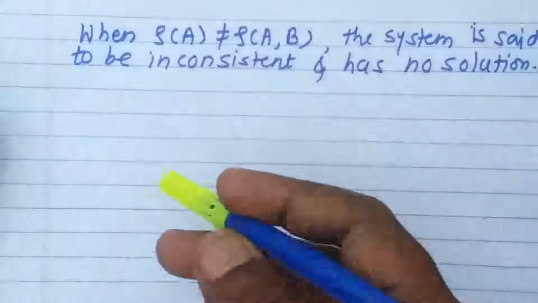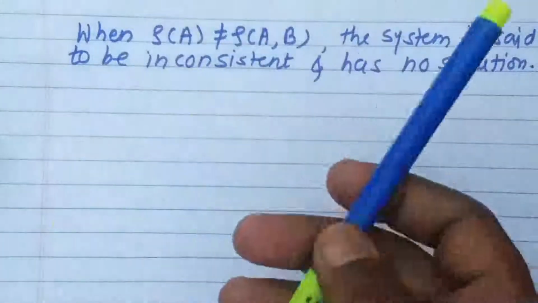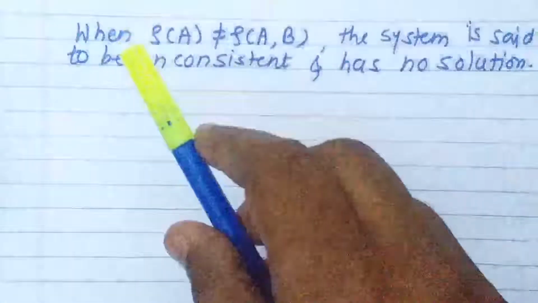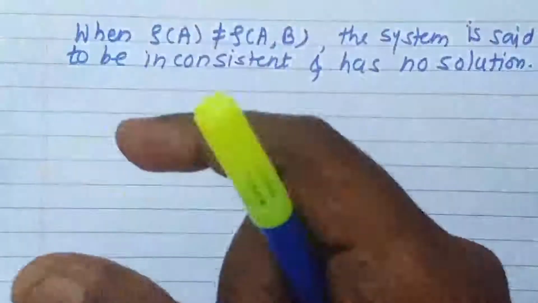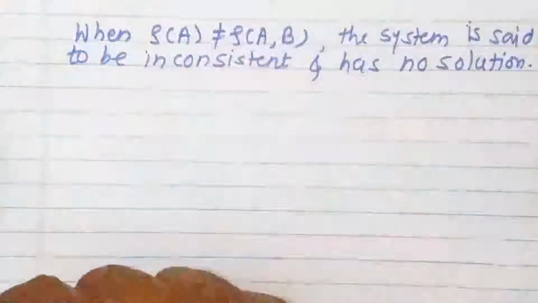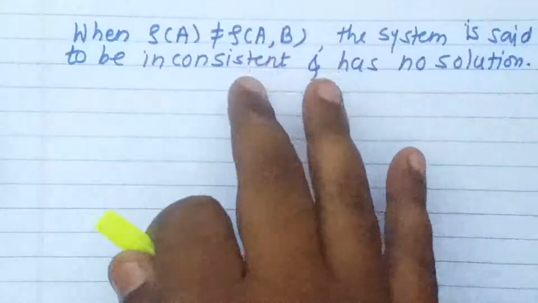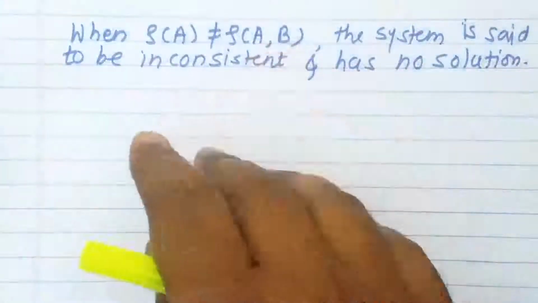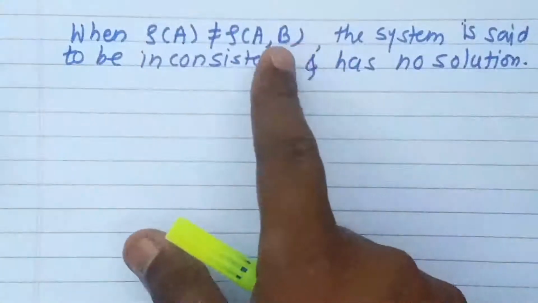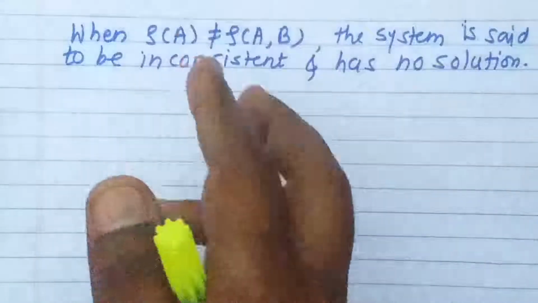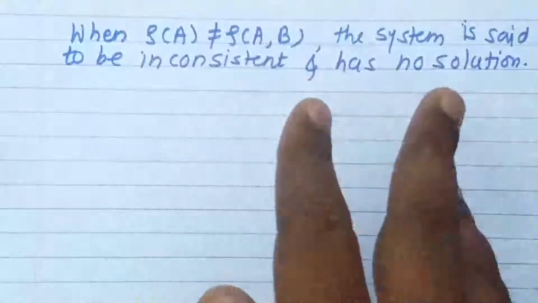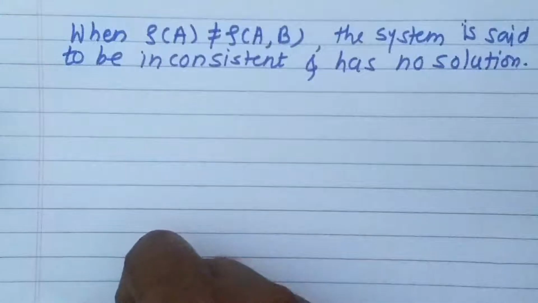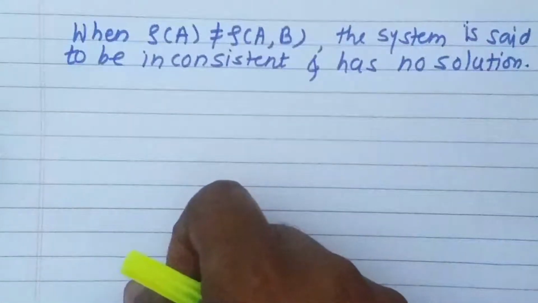In the coming lecture we are going to do examples on non-homogeneous systems. While doing the examples, we need to form the augmented matrix and obtain its rank using row echelon form, because row echelon form gives us the rank in quick time. From the row echelon form of the augmented matrix A comma B, we are going to determine the rank of A comma B as well as the rank of A. So from one matrix we obtain both ranks, check whether they are equal or not, and from that decide the consistency. Let us see how to do this in examples in the next lecture.